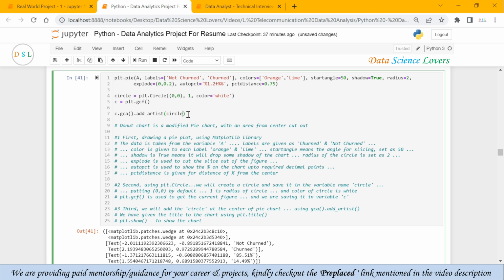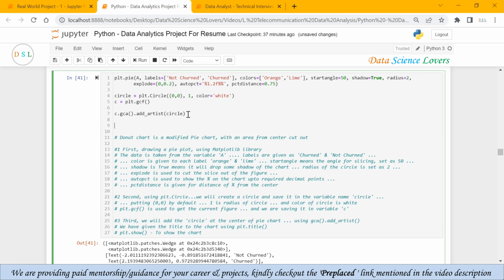We can also give the title to our donut chart using matplotlib plt.title, and I can give the title as churned versus non-churned customer.